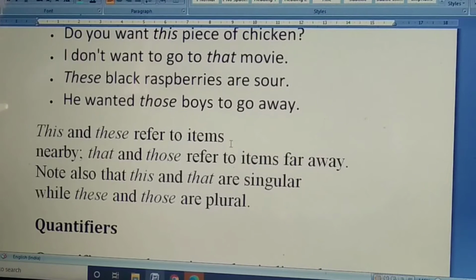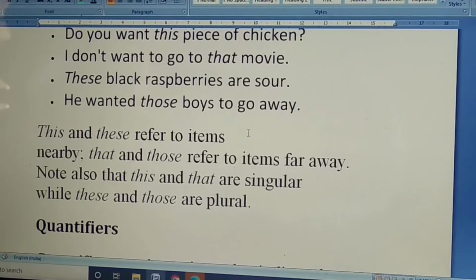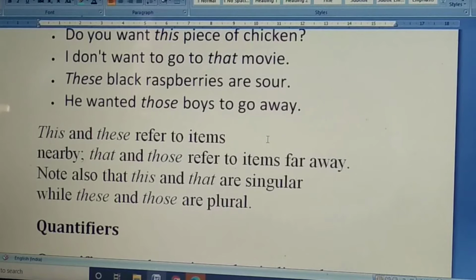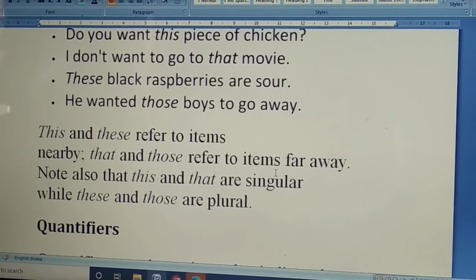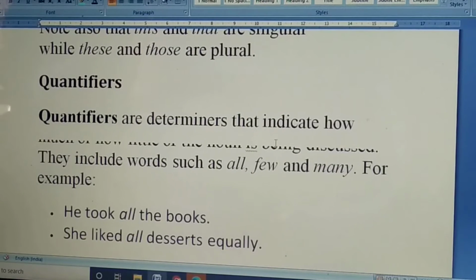This and these refer to items nearby. That and those refer to items that are far away. Note also that this and that are singular, while these and those are plural. We say this boy, that boy. These books, those books. These boys, those boys. Quantifiers are determiners that indicate how